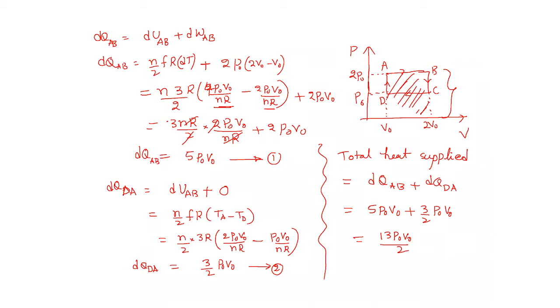Or else, if you know heat rejected to the sink and heat extracted from the source, that way also you can calculate 1 minus Q2 by Q1. So two ways you can find the efficiency. Now when a cyclic process is given and when a PV diagram is given, how to calculate the efficiency of the cyclic process? That I'm going to discuss in the next problem. There is also a problem given in AIEEE 2012. So we'll discuss that.